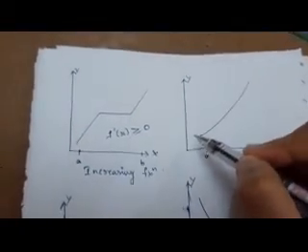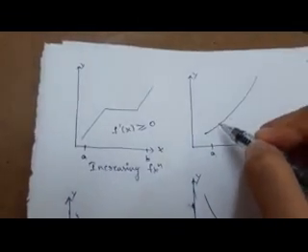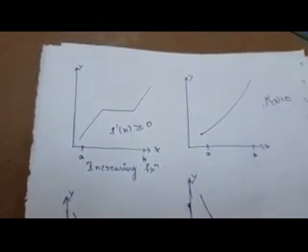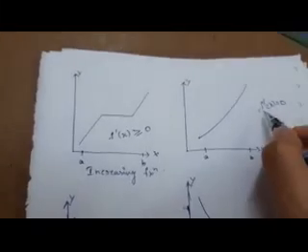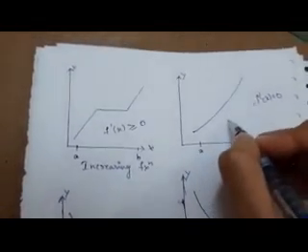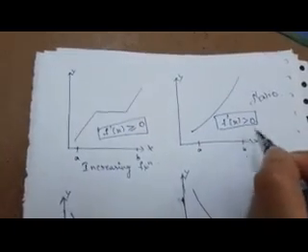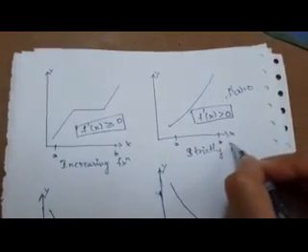Next, within the interval a comma b, the function is increasing, but in no part can you see a constant function, or any point where f dash of x is equal to 0. Such a function is strictly increasing, and within the given interval a comma b we do not get even one point where f dash of x is equal to 0, meaning f dash of x is strictly greater than 0. Such functions are called strictly increasing functions.